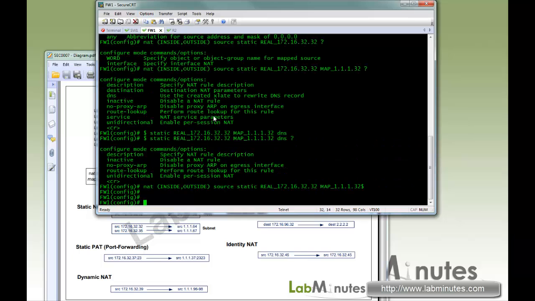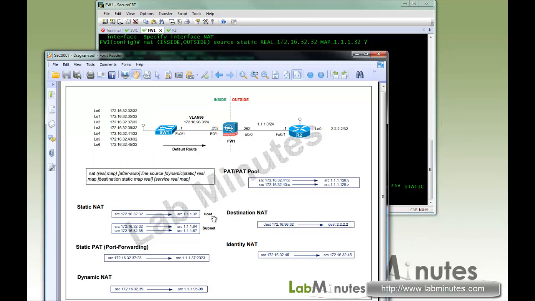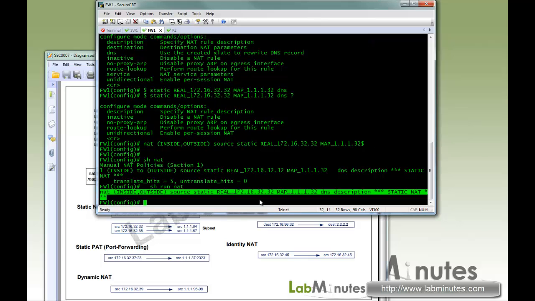Okay, so show NAT. You can see it shows up right here, section 1, line number 1, you get 5 translate hits. Okay. Again, that was the host NAT. Now next we're going to try a network static NAT. So do show NAT. Let me remove this,